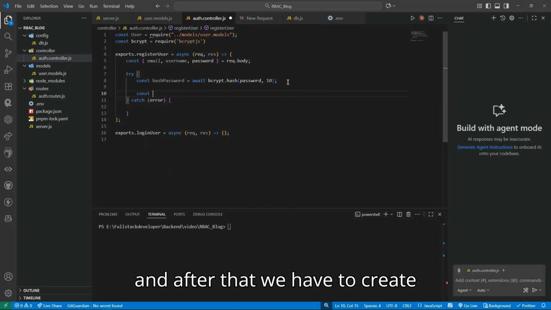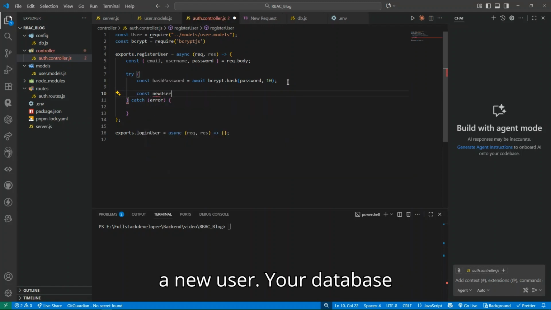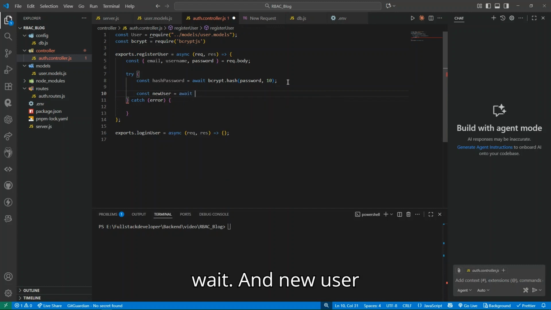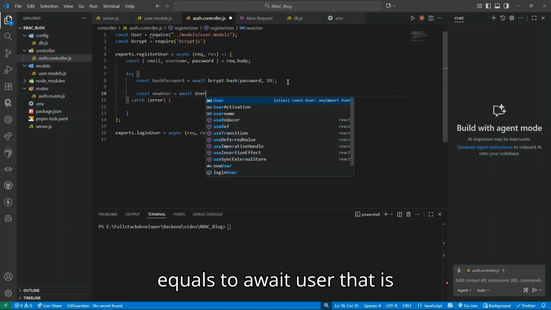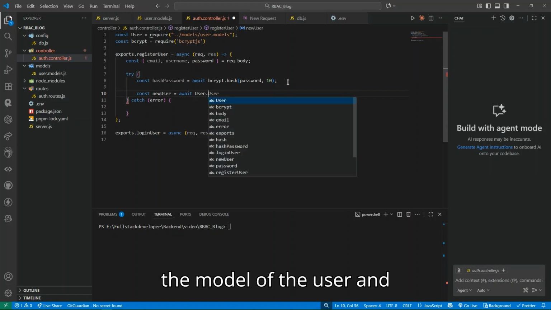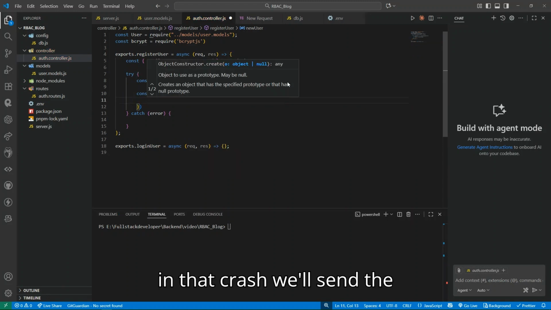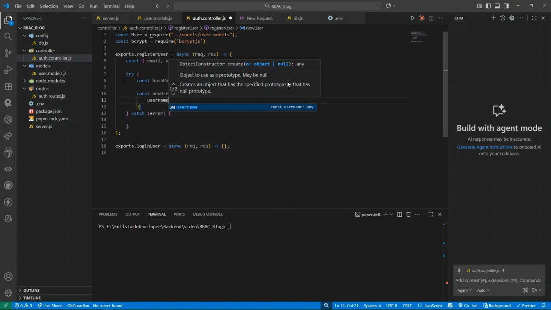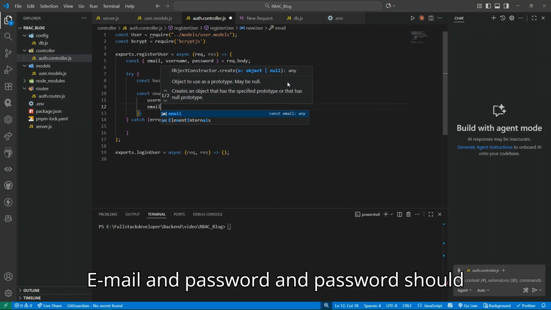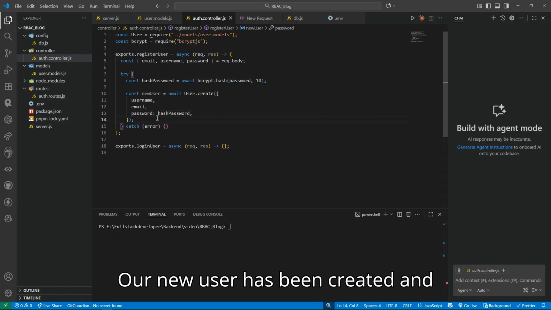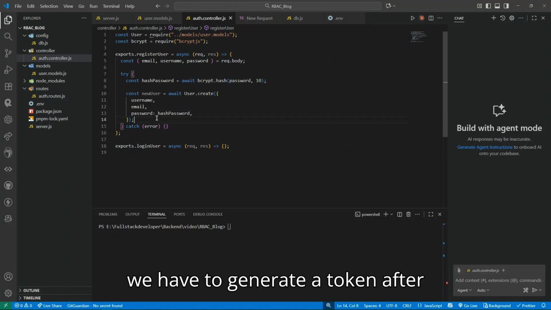And after that we have to create a new user in our database, so that will be done like this: newUser equals to await User, that is the model of the user, and User.create, and in that create we'll send username, email, and password, and password should be hashPassword, and that's it. Our new user has been created, and we have to